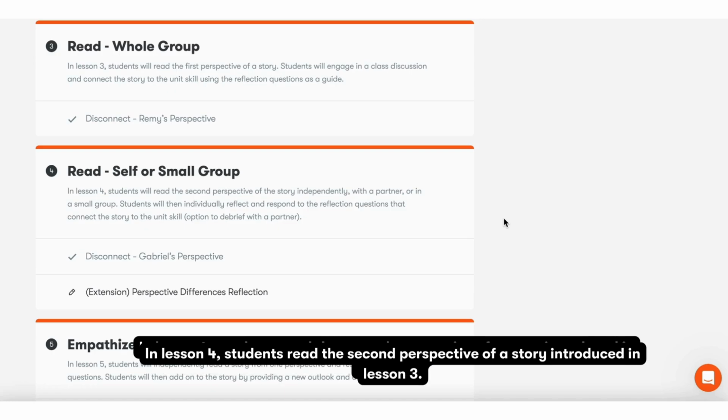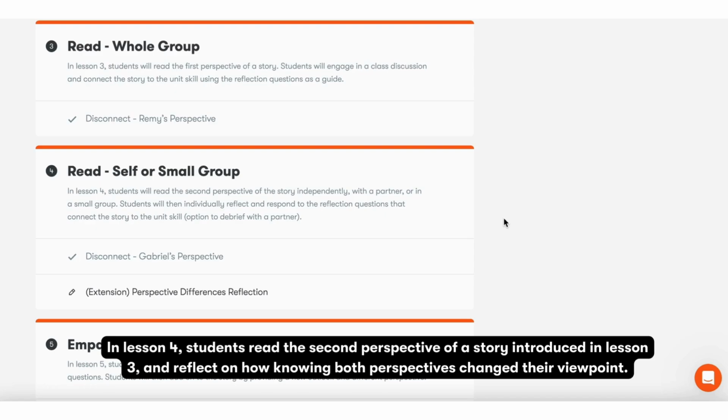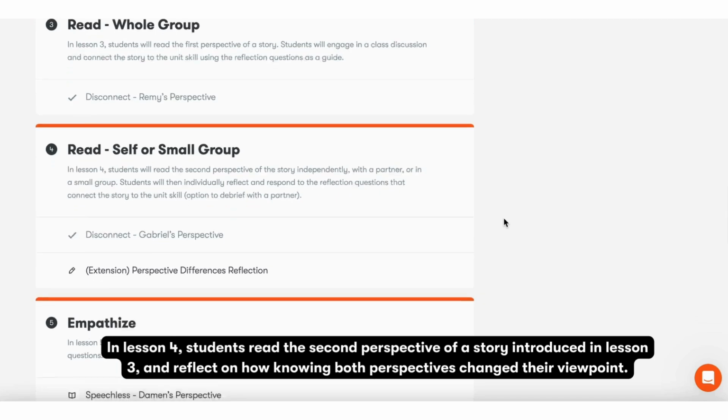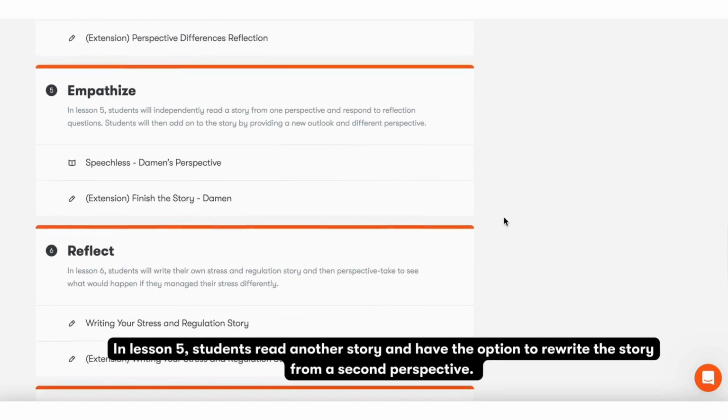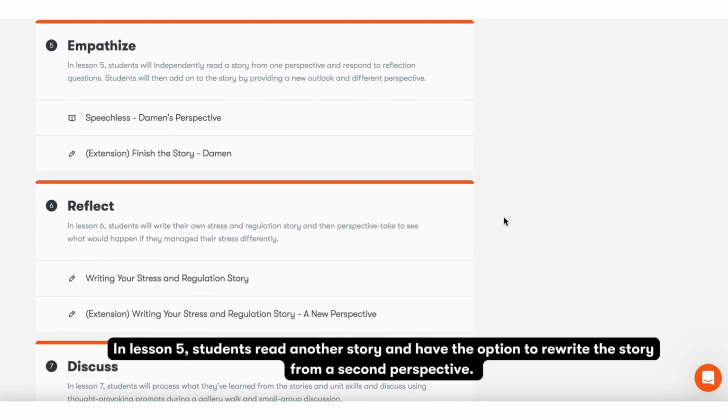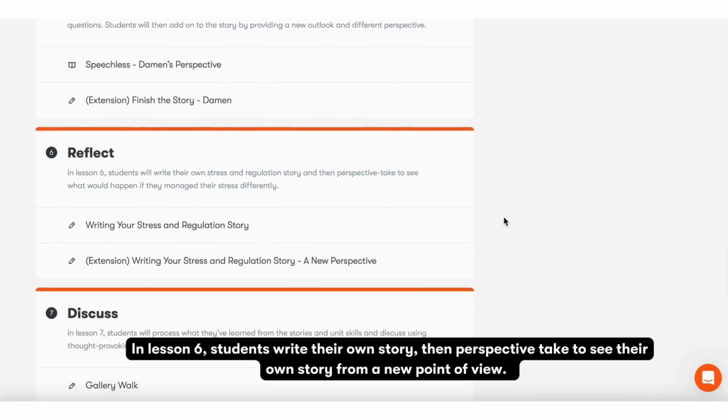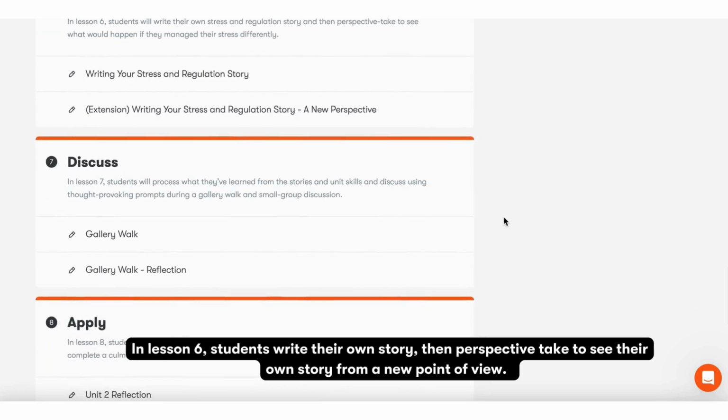In Lesson 4, students read the second perspective of the story introduced in Lesson 3 and reflect on how knowing both perspectives changed their viewpoint. In Lesson 5, students read another story and have the option to rewrite the story from a second perspective. In Lesson 6, students write their own story and then perspective take to see their story from a new point